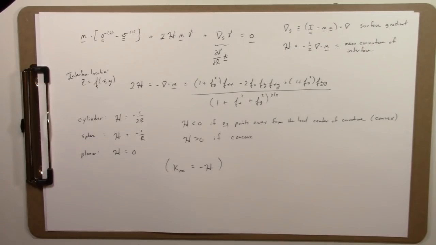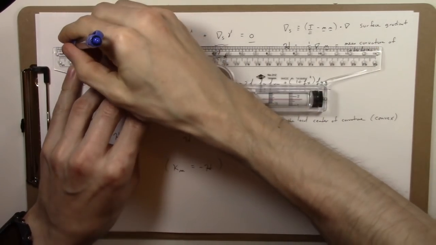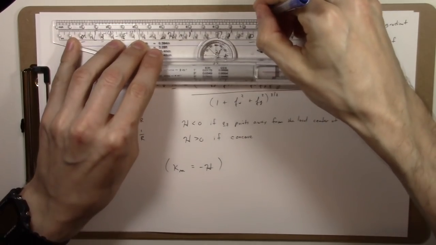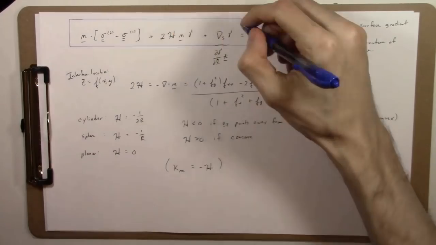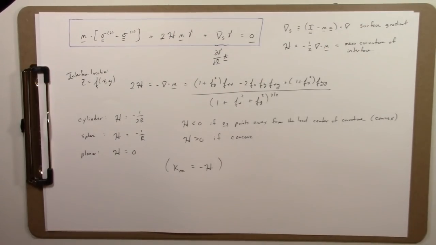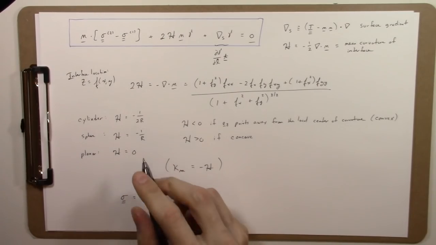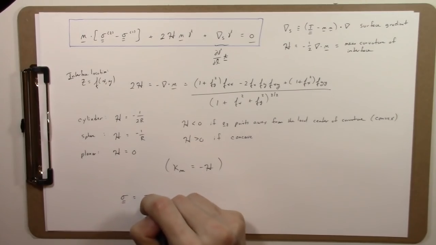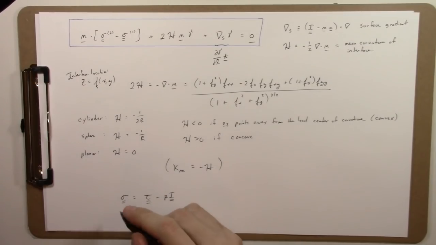Now, the most important thing is that we can take this general form of the stress balance at an interface, and just like we did for the velocity conditions, where we resolved them into normal and tangential components, getting the no slip and no penetration conditions, we can resolve this interfacial stress balance into the normal and tangential components as well. So what we'll do, we'll recall that sigma, the total stress tensor, can be defined as the viscous stress tensor tau minus the pressure times the identity tensor. So we substitute this expression